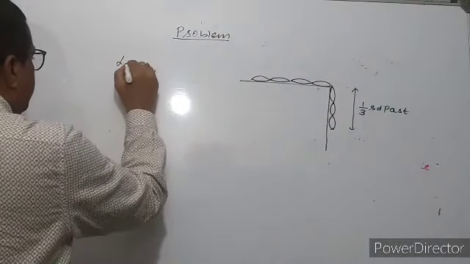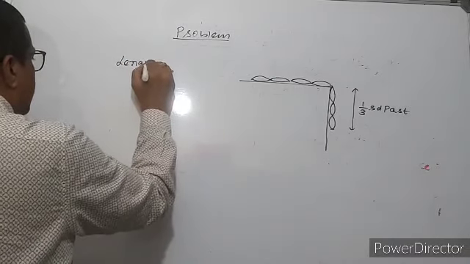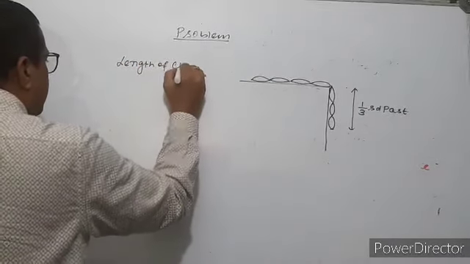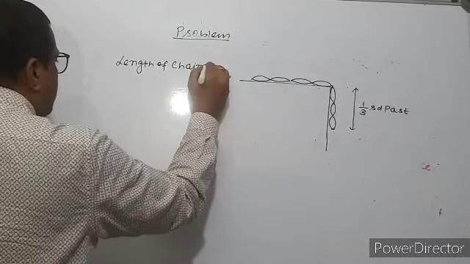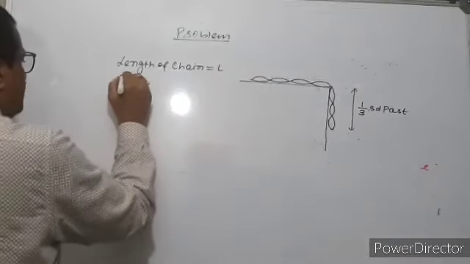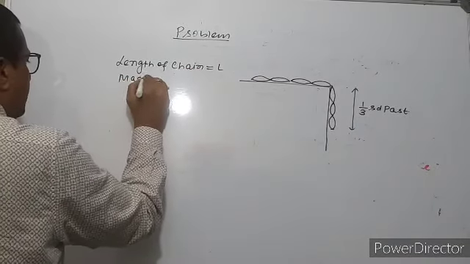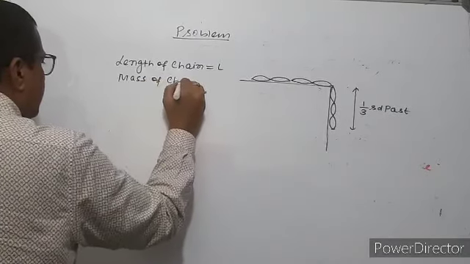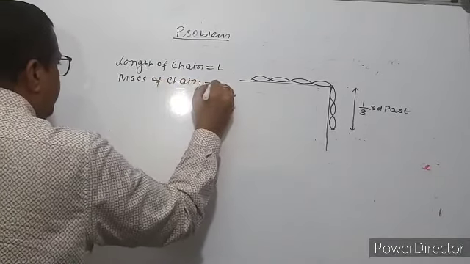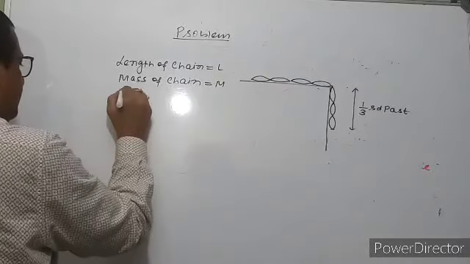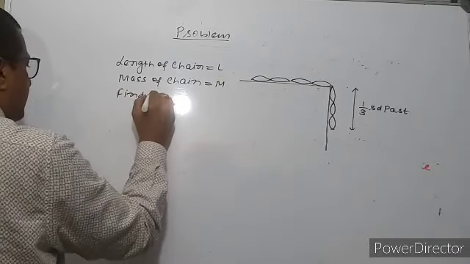Length of the chain is equal to L, mass of chain is equal to M. Find work done